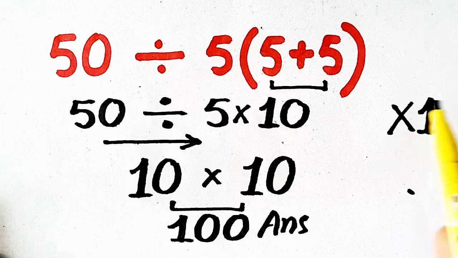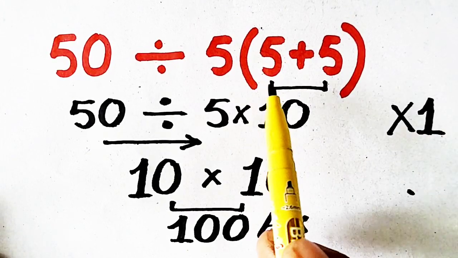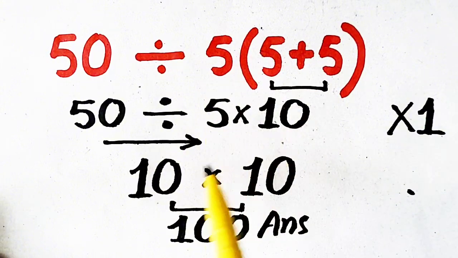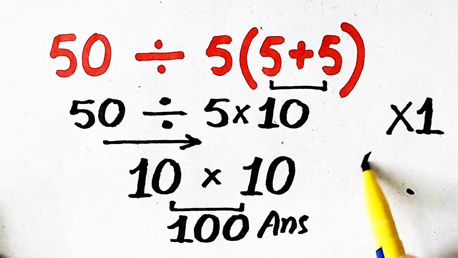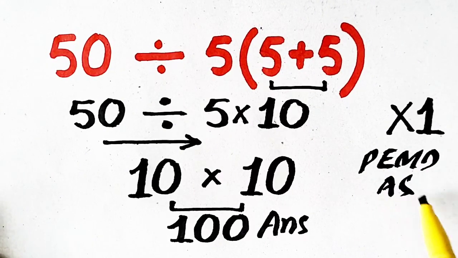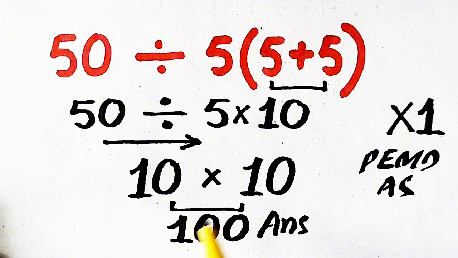Because when we get one answer, there is a mistake. That mistake is not obeying order of operation. So when we obey order of operation like PEMDAS or BODMAS or DMAS, we will get correct answer. So 100 will be our